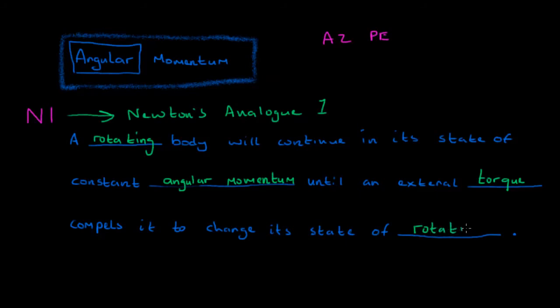So this is what we refer to as Newton's first analog. And basically what it's saying is that if a body is rotating or turning in a part circle or circle, it will continue to do so with constant angular momentum. Constant angular momentum. So in other words,